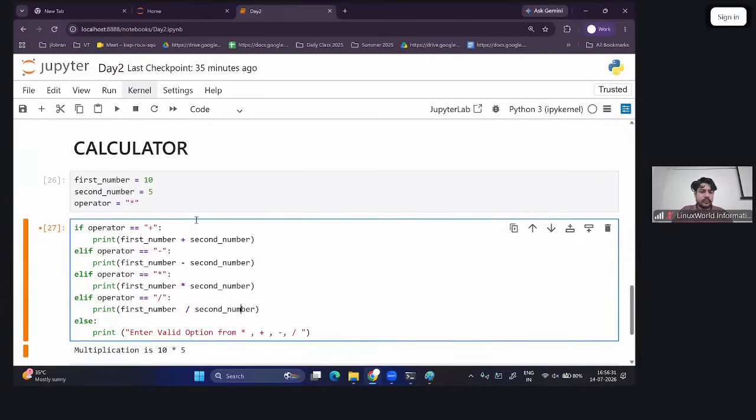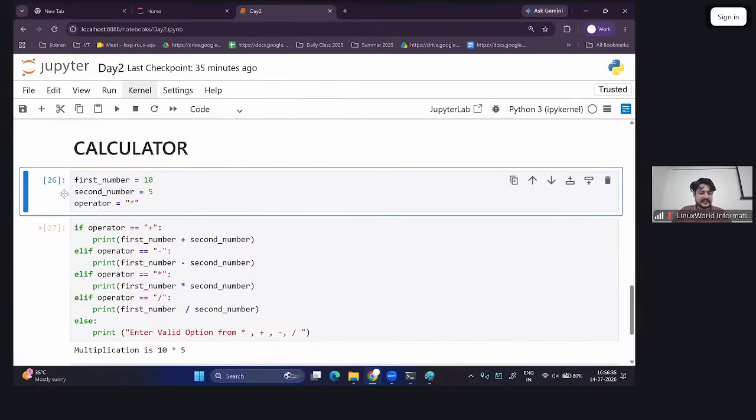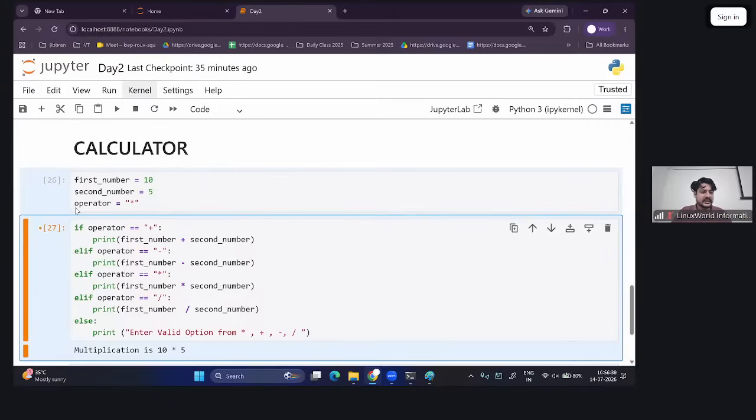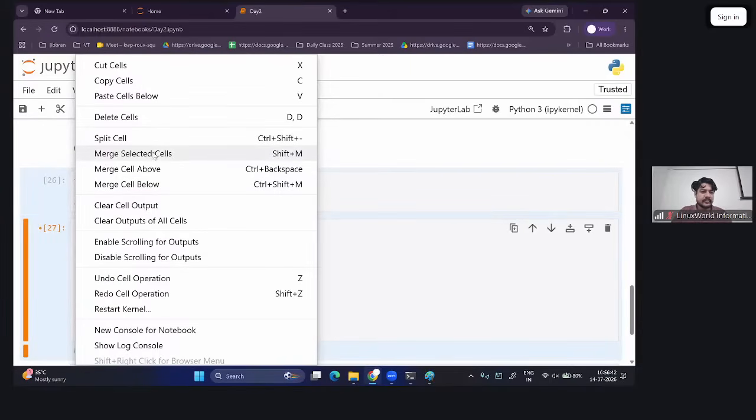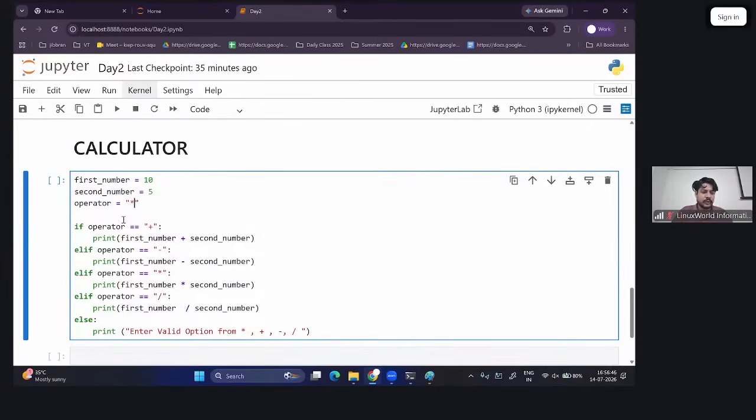So enter void operation. So इसको हम again दोनों सेल को merge कर देते हैं. Selected, Control Shift and both the cells selected, and then click on Shift M. It will merge the cell. So right now I don't want to take the value from here. This is hard coded. तो आई एम टेकिंग स्ट्रिंग वैल्यू, तो इनपुट फंक्शन यहाँ पे स्टोर कर लेते हैं. ये डबल इन्वर्टेड कॉमास में इसलिए लिखा है हमने गाइस क्योंकि ये स्ट्रिंग है हमारे केस में, राइट? सो ये हम यहाँ पे एंटर करते हैं,